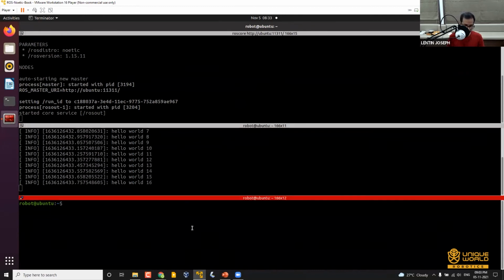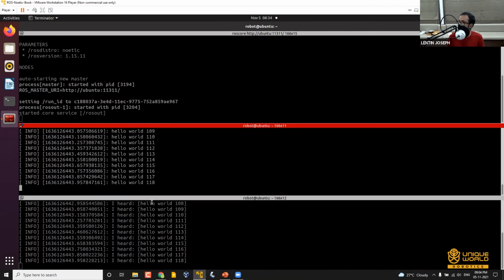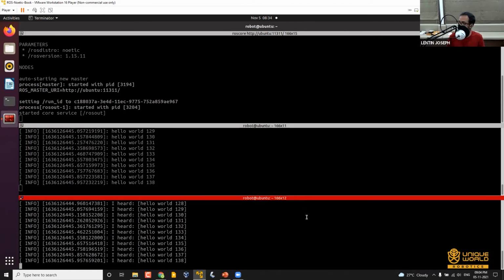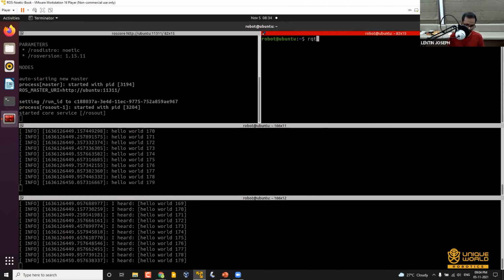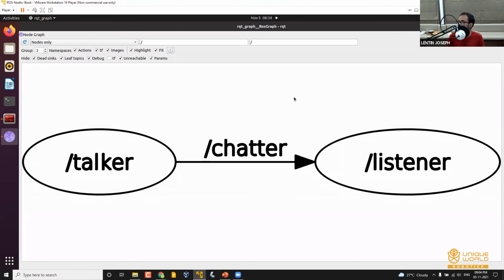Then if I start the listener, which is another node, the talker and listener are working. Do you want to see the computational graph? We can see it by using a ROS tool. So this is the computational graph.